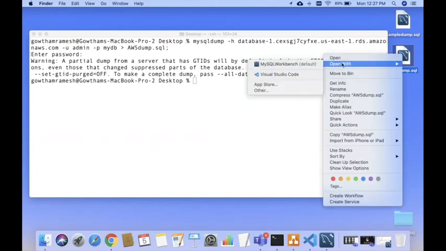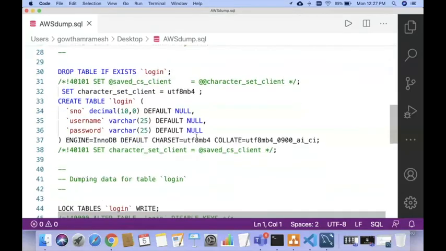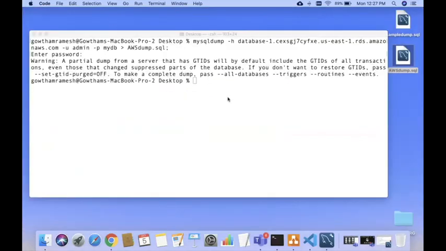You can open it with an editor and you can see. See, look at this, it has properly created the dump. Actually, this is the dump created from the remote RDS. Now the procedure is literally the same. Consider now you have the AWS RDS dump in your local system. You can use this particular dump to create the database in the local system. For creating a dump, you're supposed to use the command mysqldump. From a dump, if you want to create a database, then you have to use a command called mysql.